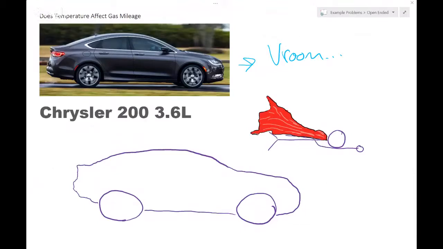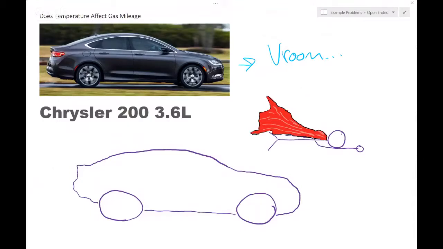Now, if we use these assumptions, we can assume that the car is in a static state, as in it's not changing its velocity, which is unrealistic, hypothetically speaking, because cars are all undergoing minute changes in acceleration and velocity. But for the purpose of this case, we'll get close enough by just assuming that it has constant velocity, which means we can use a static equilibrium analysis to determine what the energy requirements are for this car. So the first thing that I did was draw a